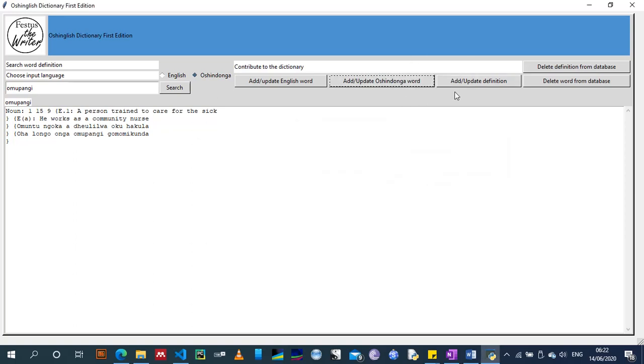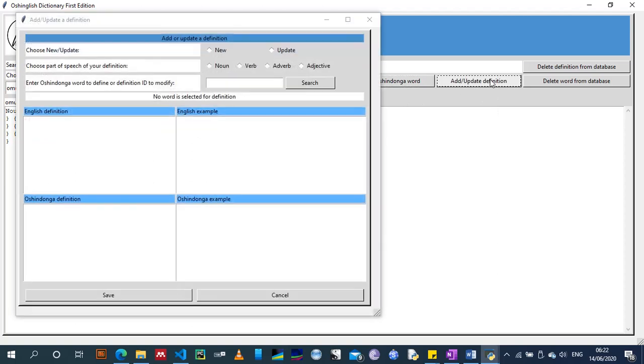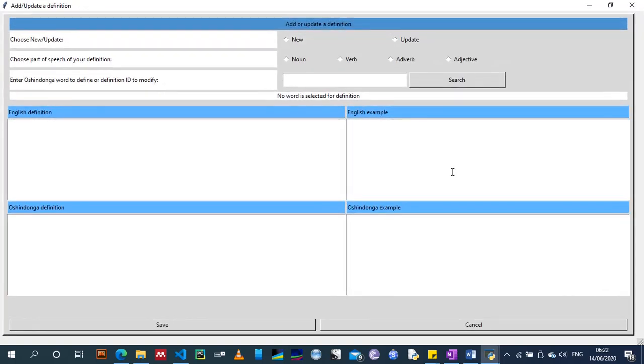Let's take a quick look at the definitions window. This is the window for adding new definitions and updating existing definitions. Let's try to add a new definition. Now on this one, there are a couple of things that I still need to change, because currently if you need to add a definition, you need to search an Oshindonga word using the word itself, which is not proper,